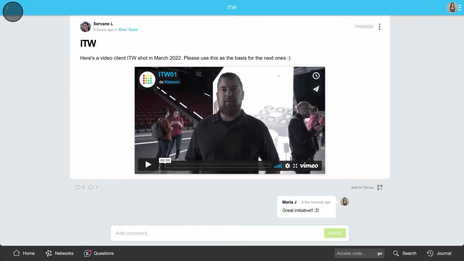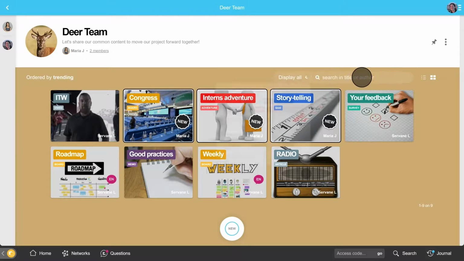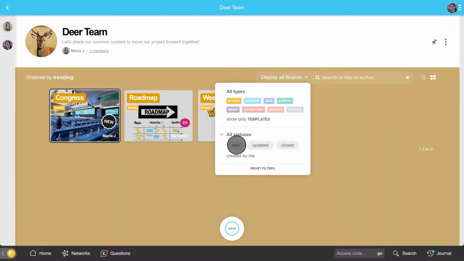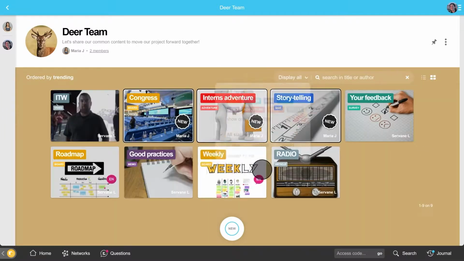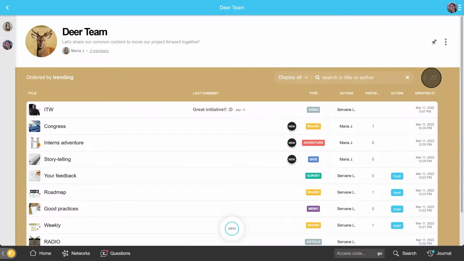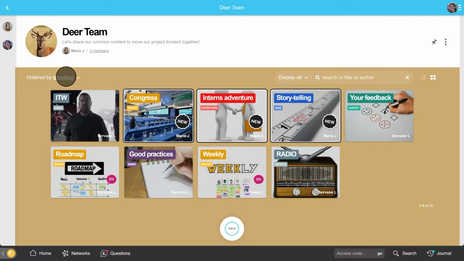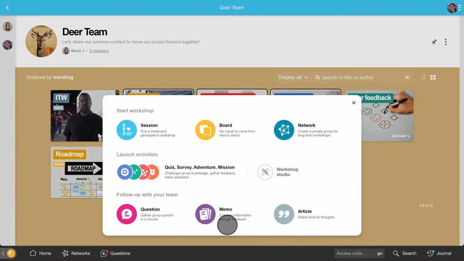At every moment from the home page of the network, you can organize activities as you want to. Filter by date, status. Show them as a list view or a grid view. Order the activities by theme or creation date. It's entirely up to you. Network members can share all types of activities by clicking on the range of applications and then the appropriate icon.